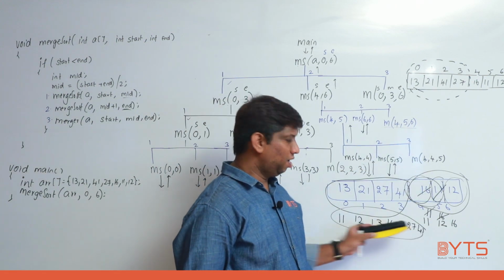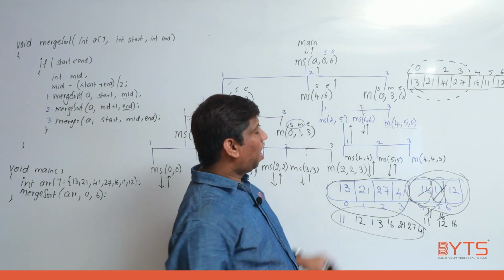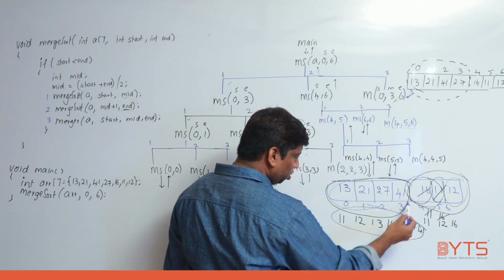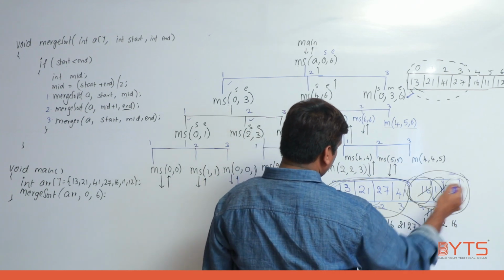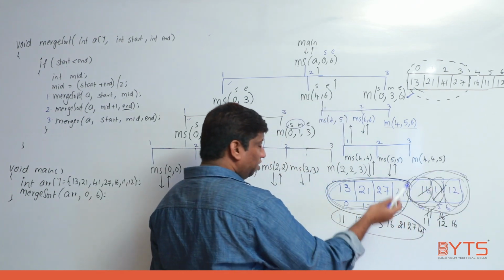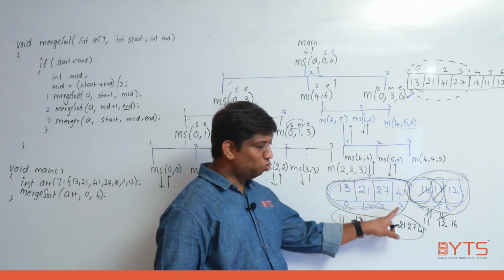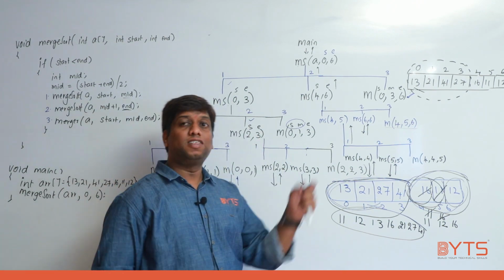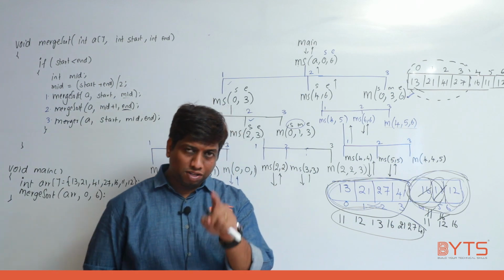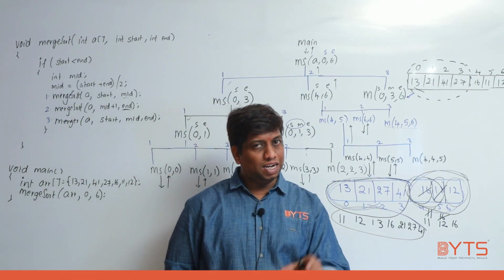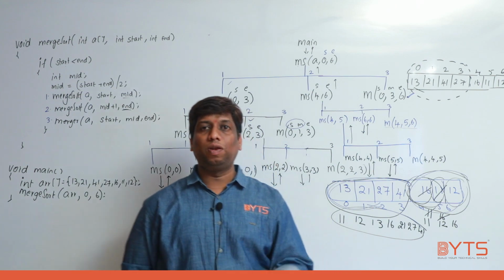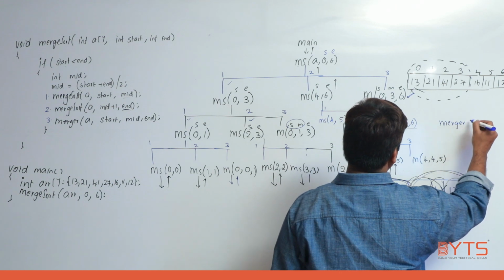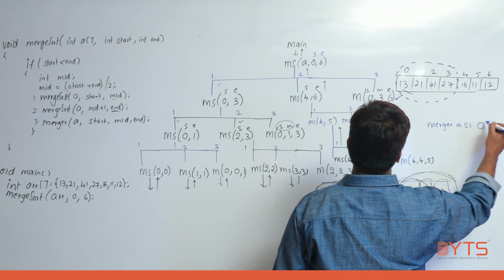So when this was my given array, in the last call, I divided this array into 0 to 3 as one array, and 4 to 6 as another array. So the left array size is 0 to 3, the right array size is 4 to 6, right? So what will be the total size of the extra arrays? Same as the given array. See, in the merge function, I created two arrays. The total size of the two arrays will be O of n. So the merge function is taking space complexity as O of n.